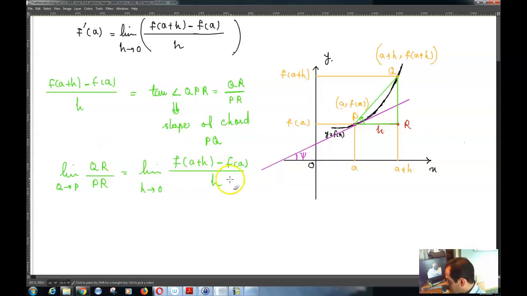Now this is equivalent to the fact that the chord PQ tends to the tangent at point P of the curve y is equal to f of x. So this is equivalent to the fact that this chord PQ tends to this line segment, to this line that I have drawn over here, which is tangent to the function at point P, to the function basically y is equal to f of x. And so the slope of this line,